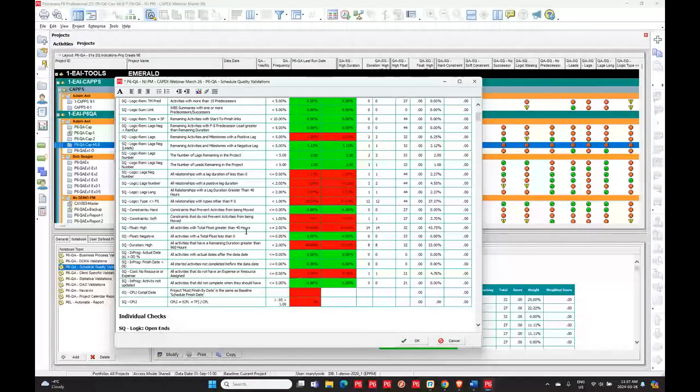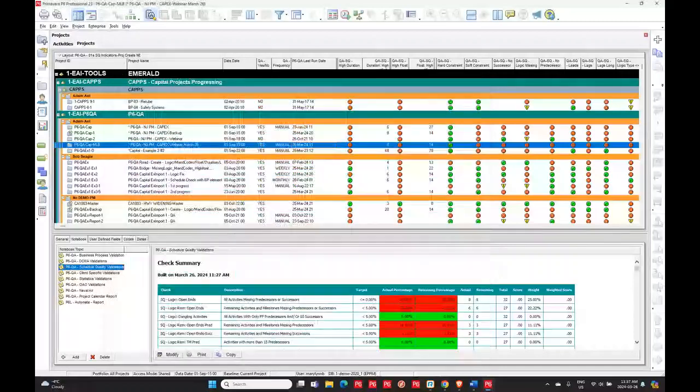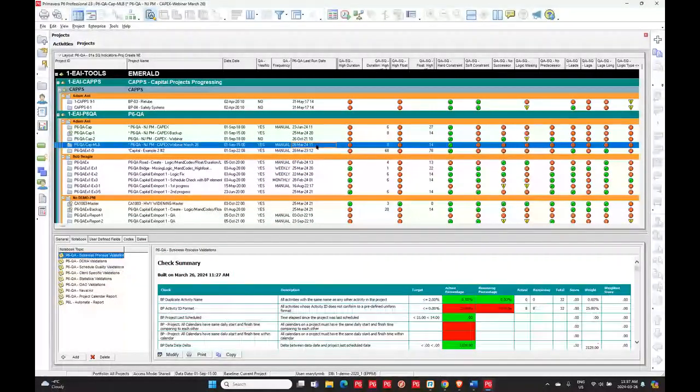So here's your duration high right here, and it's saying we've got 8 of them. So I'm just going to close that and let's rerun this. Got to stay on the same one here. And again, I'm just going to hit F5 and we'll just let that